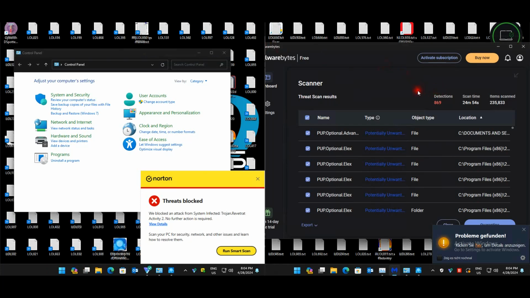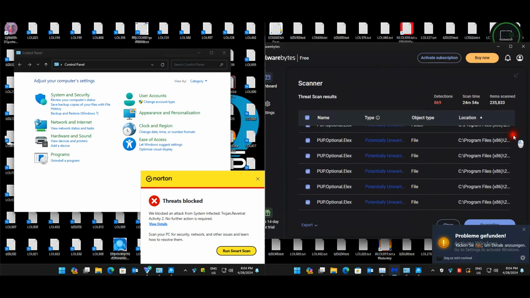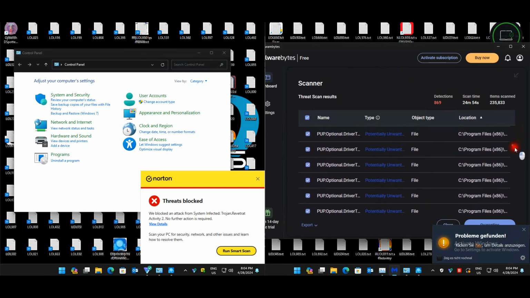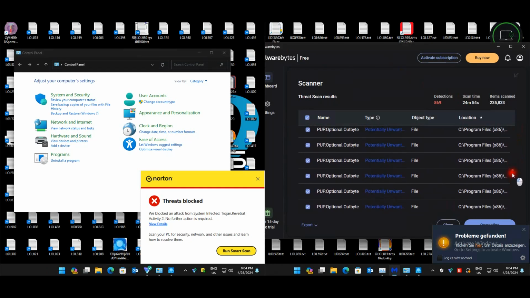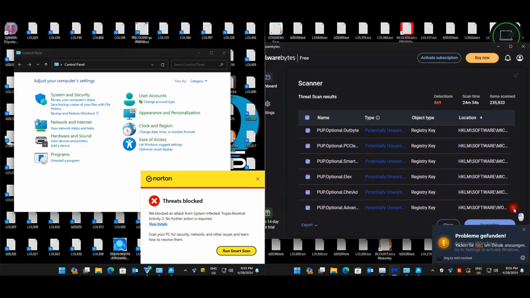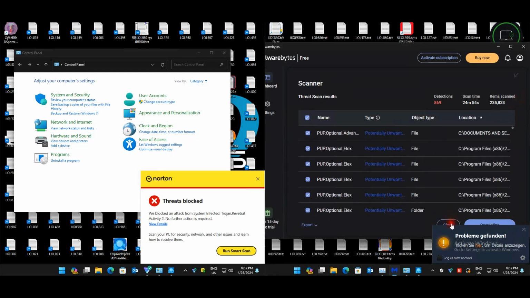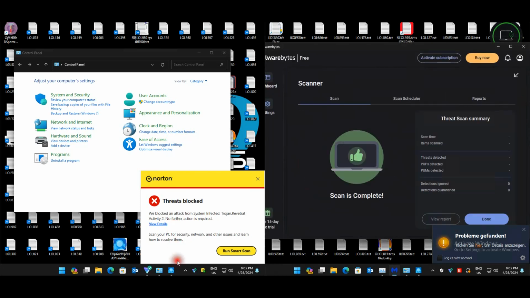On the Bitdefender side, we have obviously a lot of POPs as well. Just going to quickly go through it again. I might miss something, but I'm just quickly scanning through it. Okay, so it just seems like we have POPs according to Malwarebytes. Oh, and let's just close the results.